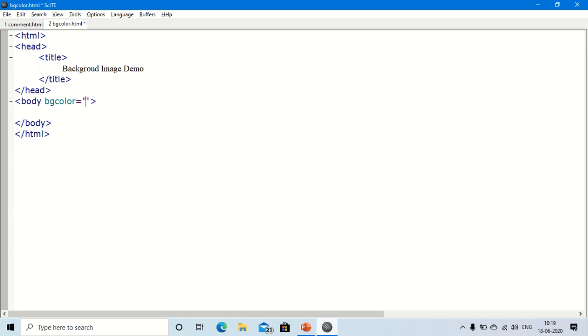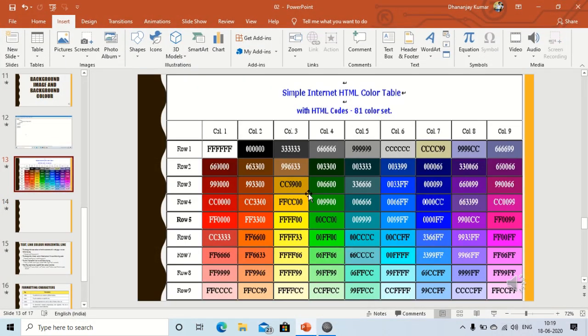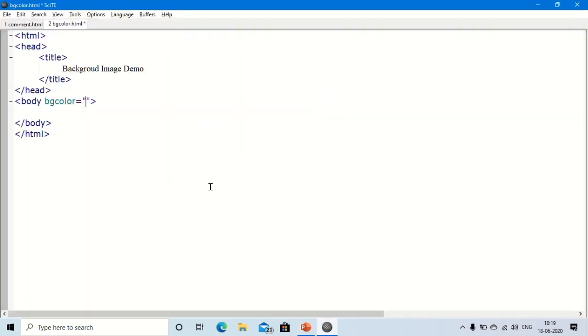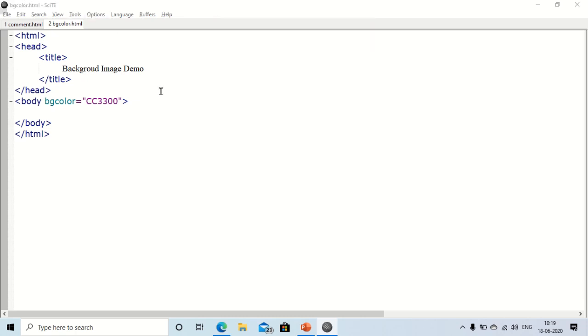Let me show some color codes for you. Suppose I want to insert this color. Here the color code is CC3300. So back to the editor, and here give CC3300. Let me save it and refresh or press F5.